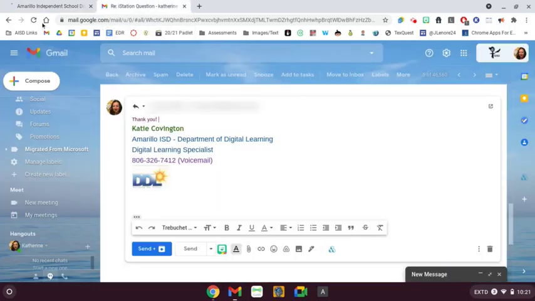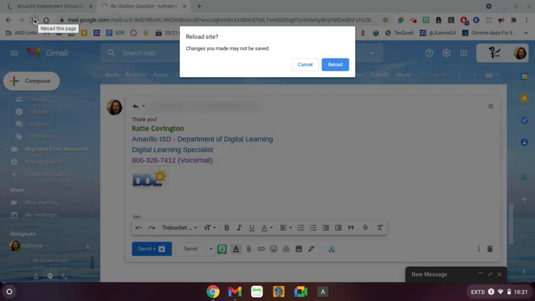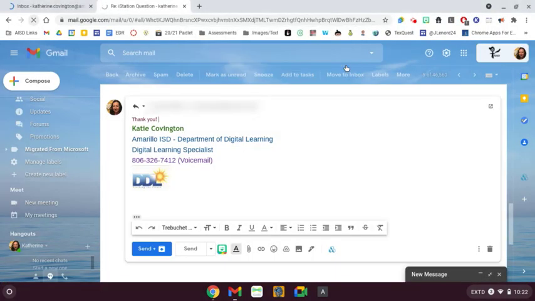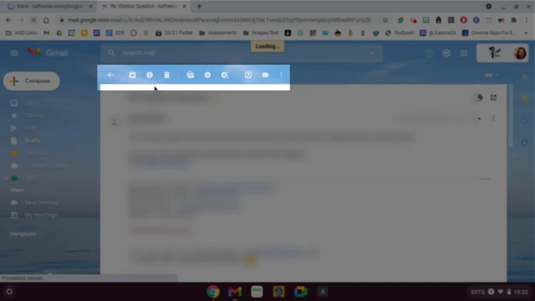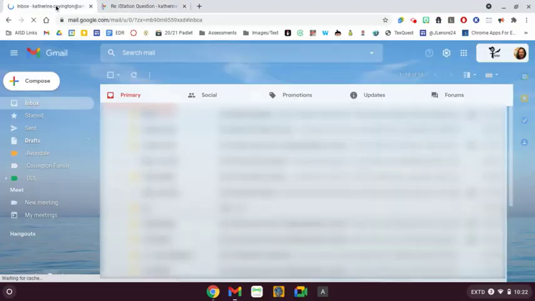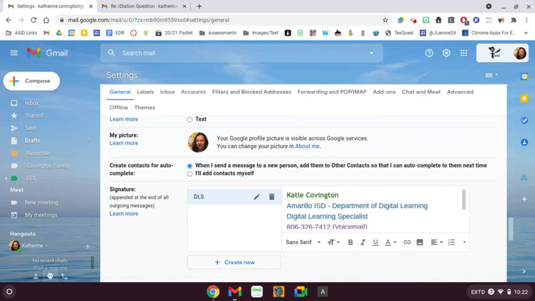I'm going to do a quick refresh here. And now I have the icons at the top instead of the text labels. Again, that's going to be a personal preference and you're going to find what works best for you. So looking back at our settings,